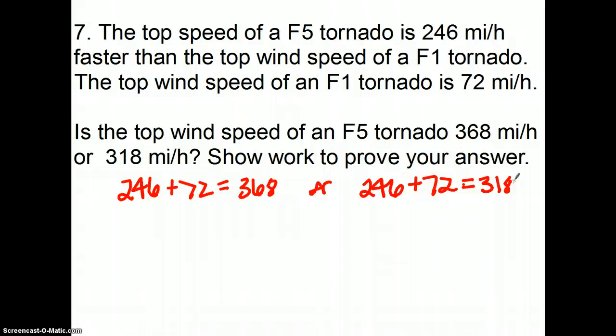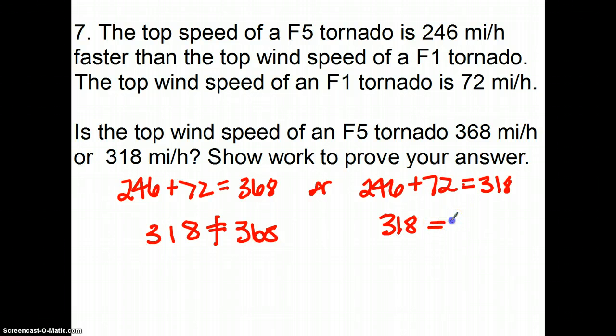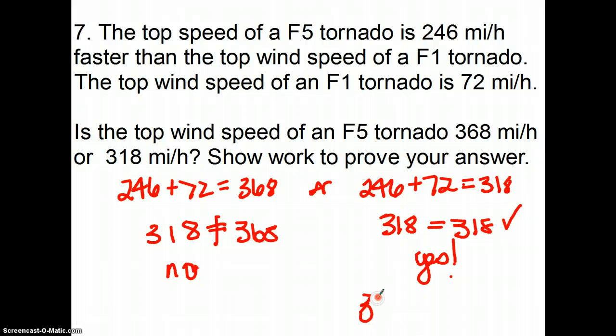So 246 plus 72 is going to be 7 and 4 is 11, which is 318. So 318 does not equal 368, so that doesn't work. Over here, 318 does equal 318. So this is no, and this is yes. So the top wind speed is 318 miles per